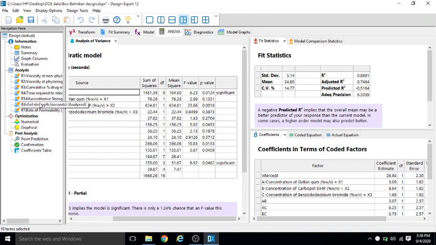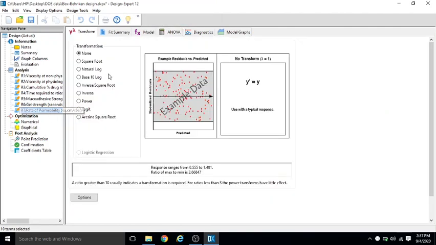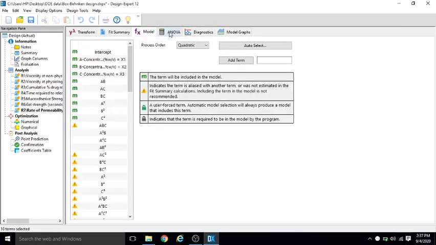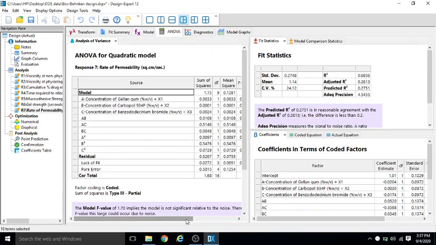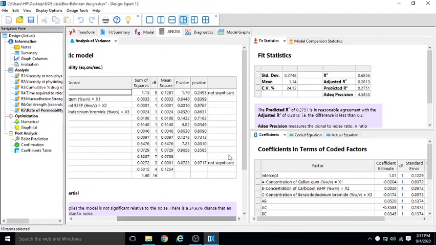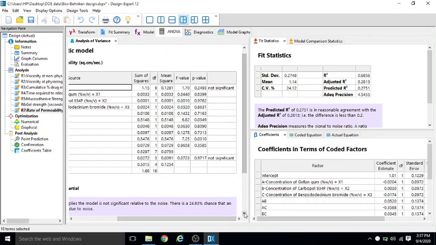This is significant. So, gel strength measured in terms of seconds. So the readings for the gel strength are more significant, right? So the ANOVA suggests that the data which we have collected here are significant, right? So that can be used further. And then you have rate of permeability. So fit summary, model, ANOVA. This is also not significant, right?